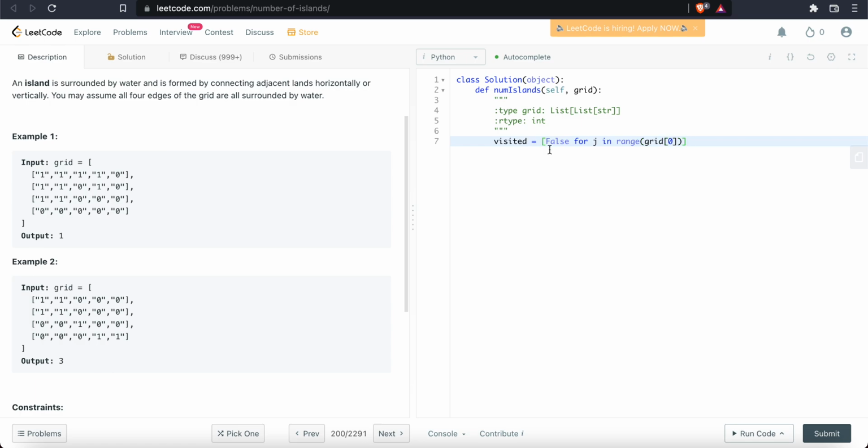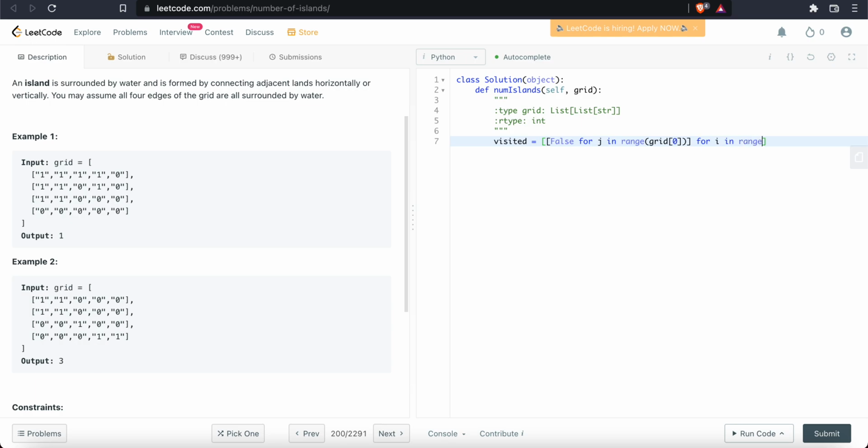This essentially means that we are going to create a list that's full of false values, and there are as many values as the length of one of the rows in this grid. And then we're going to do this same thing